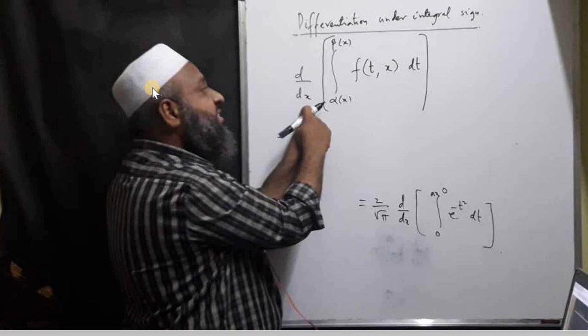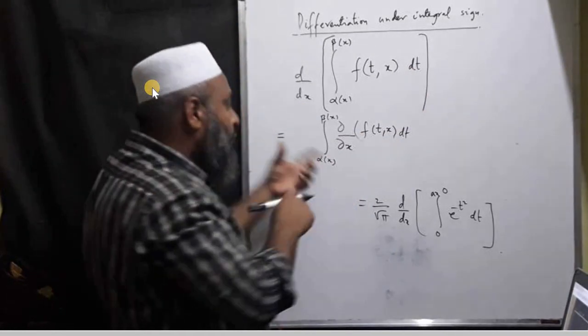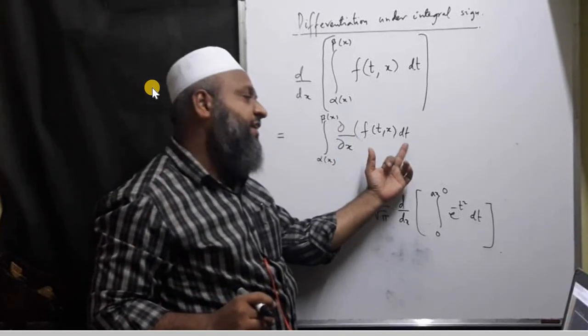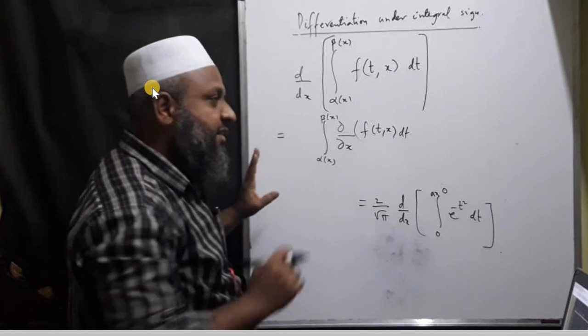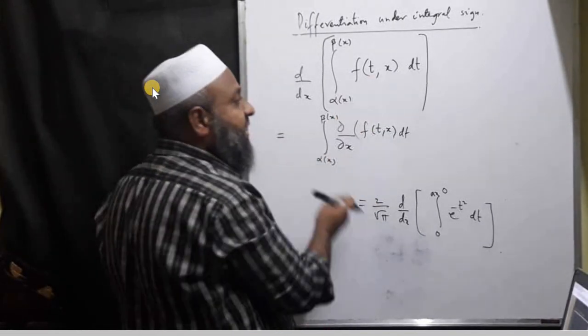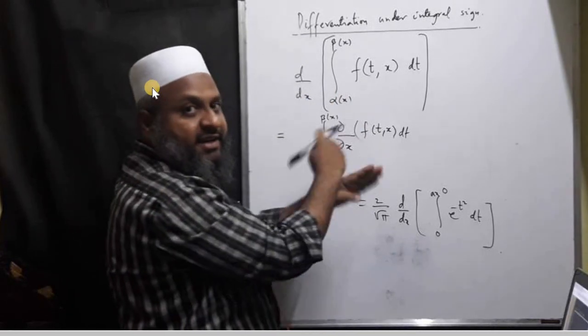You can write some other names here, a of x to b of x, or f of x to g of x. These are two functions of x, as 0 is alpha of x here, and that beta of x is nothing but a into x, ax. So this particular partial differentiation is done and dt is kept as it is. What is the meaning here? You have to differentiate partially and then again integrate with respect to t and substitute the limits. But this value is not going to match with the original. It is just an interchange of integration and differentiation.